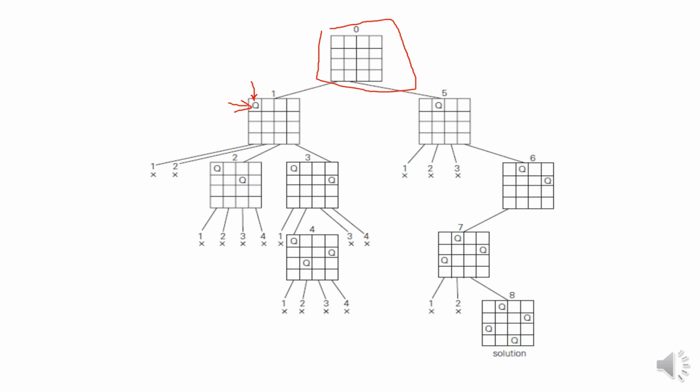Now I cannot place the second queen here. Why? Its place is the second row, yes. But if I place it here, it violates the constraint. So I cannot have it on the same column as the other queen. I try to place it on the second column. This is also not possible. Why? If I place it here, then again the constraint is violated, as it is placed on the same diagonal as queen 1. So what do you end up with? On the third column, you can place the second queen. So that is represented here.